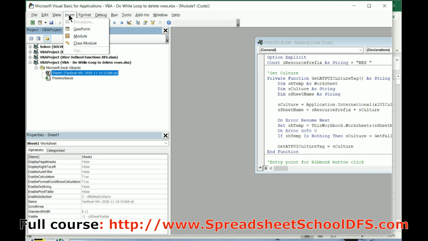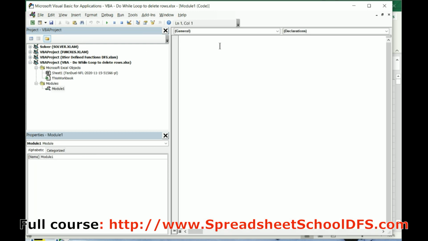So we're in our Visual Basic part. We're going to insert a module, and this is where we're going to start typing our code. So I'm going to call this sub, let's just call it delete rows. So everything within here is going to be the code for our macro. And what we need to do, let's start writing this. The first thing I want to do is declare a variable, dim I as an integer,